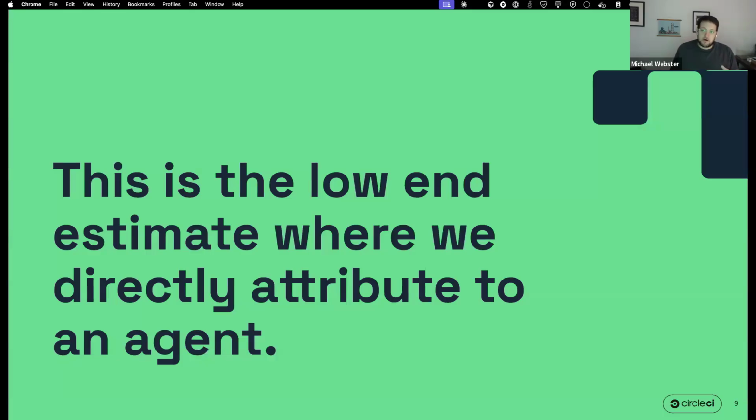Okay, so I want to be clear as well. This is a low end estimate here, right? We're looking at 5 agents, the most popular ones. There's a few that are excluded because detecting them reliably inside of the GitHub data sets is small. This is not going to include developers who are just using tools like Cursor, Claude Code, or Codex in order to write code, but then pushing it under their own names. This is purely work that we can absolutely tie definitively to one of these coding agent products, and only a subset of that. So this is a low end estimate. The reality is it's probably much much much much higher.